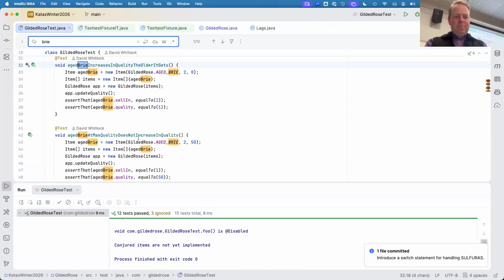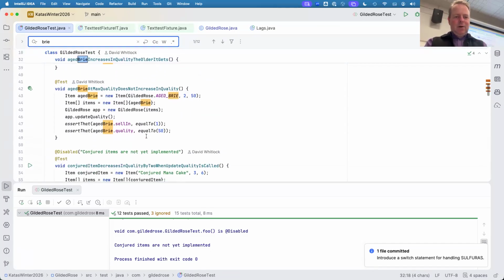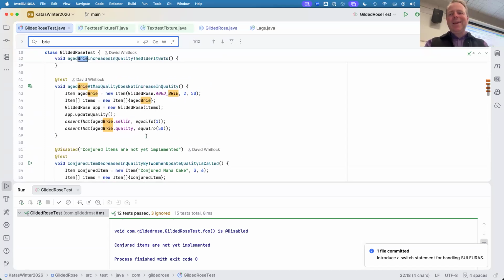And then okay, up to a max quality. Yeah, I don't know. I mean, at what point is it more expensive just to write the code for it? I don't know. So actually, Aaron, for Aged Brie or something else, do you have a nice articulation of the business logic